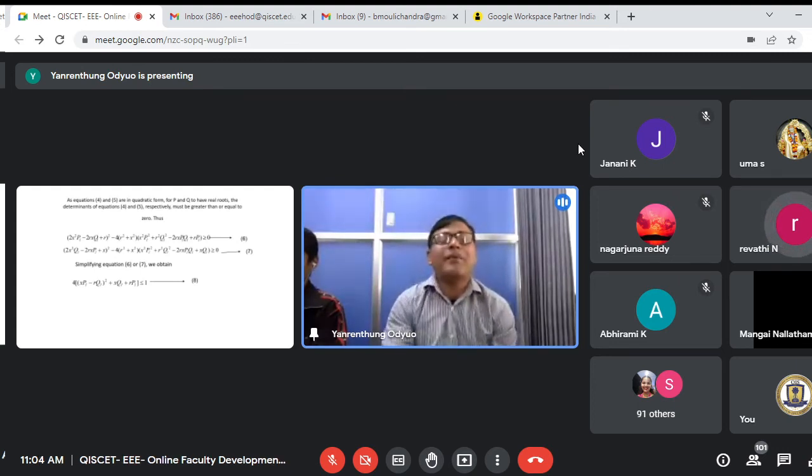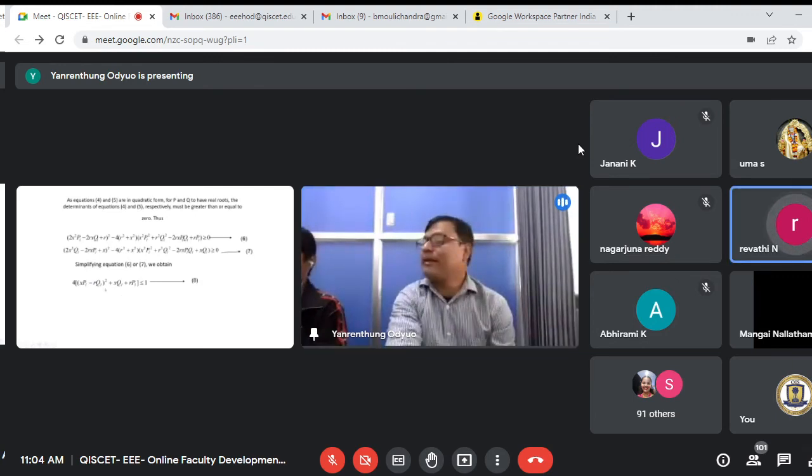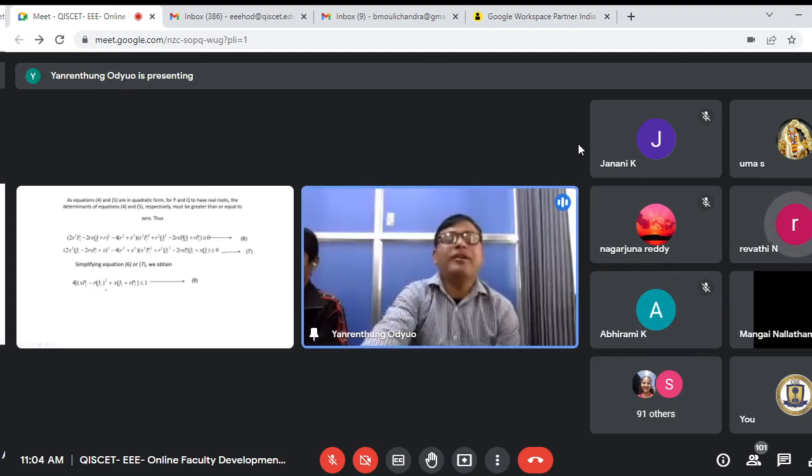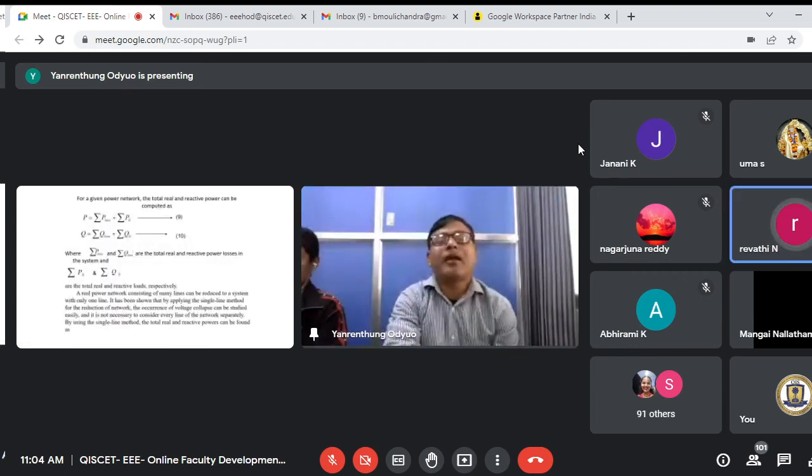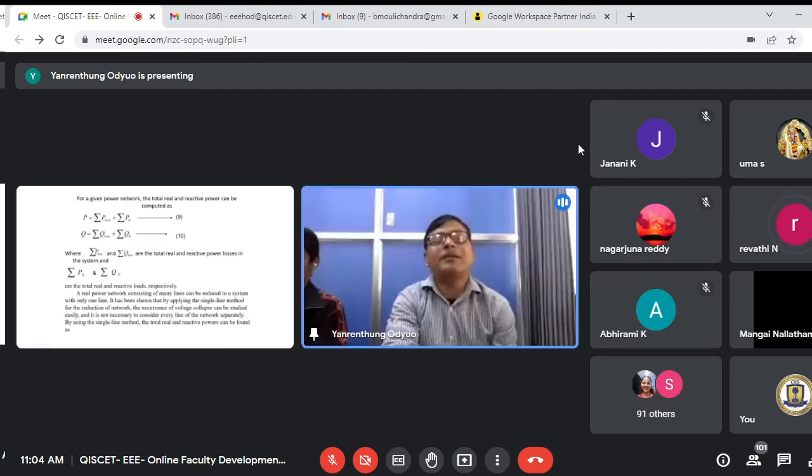So we are applying that, and we get such an expression, equation number 8. After that we are getting such kind of things. Now we put the overall P equal to the loss as well as